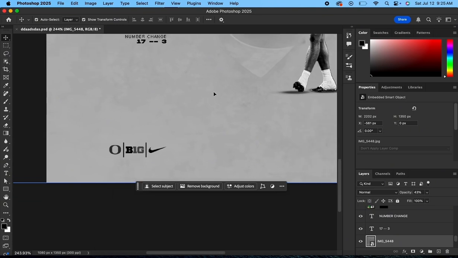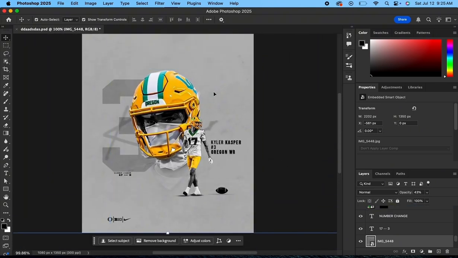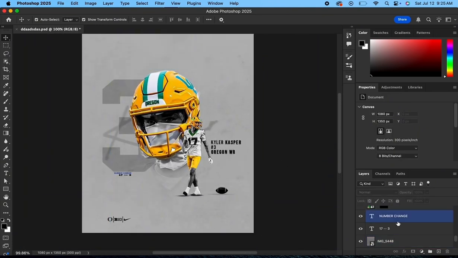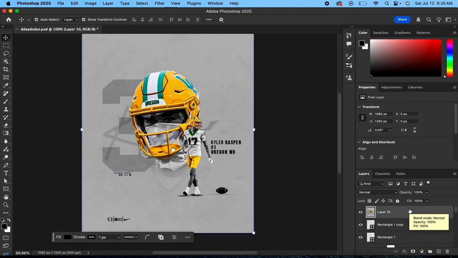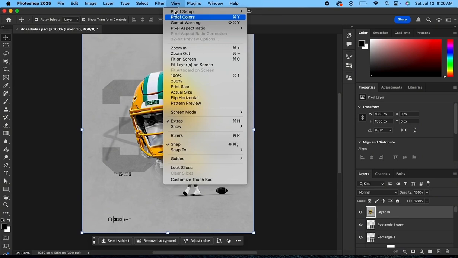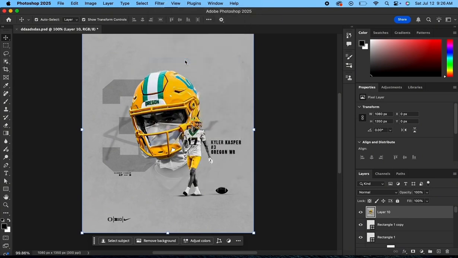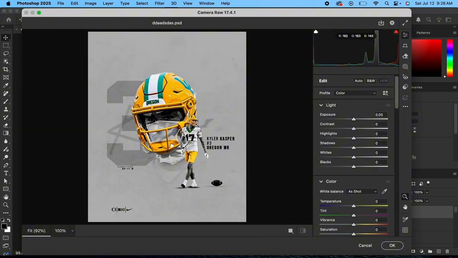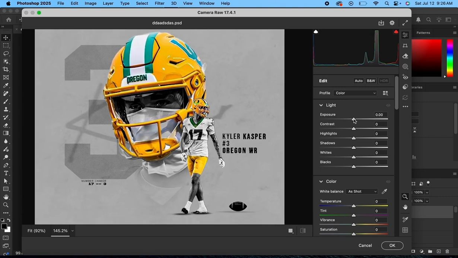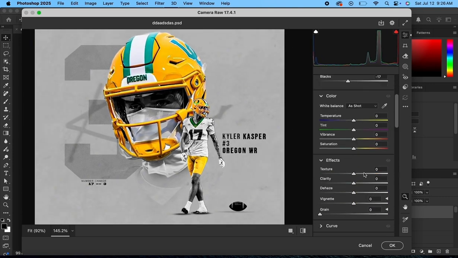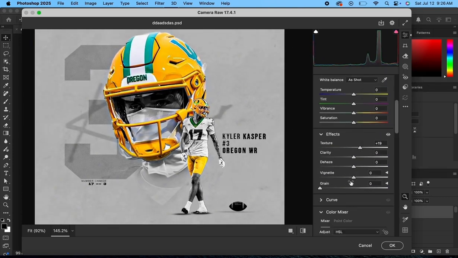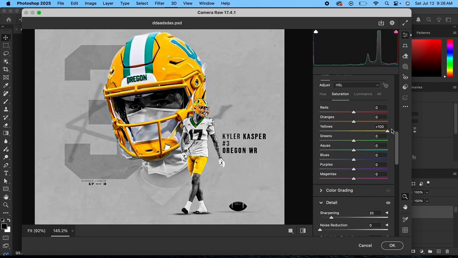And then you're going to want to bring all the layers together by holding down Command, Option, Shift, and E at the same time, and that will merge all of the layers together. So then you can go up to Filter and then Camera Raw Filter, and then you can create filters for the whole edit at the same time. And usually what I like to do is just add more brightness and texture, but it really does depend on